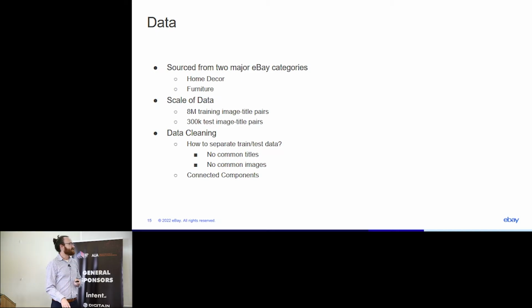Not imbalanced in the precision sense, but imbalanced in terms of not being exactly at the 90-10 split you're looking for. Okay,